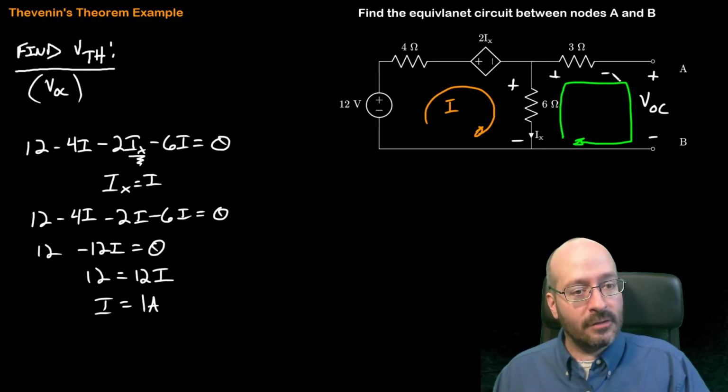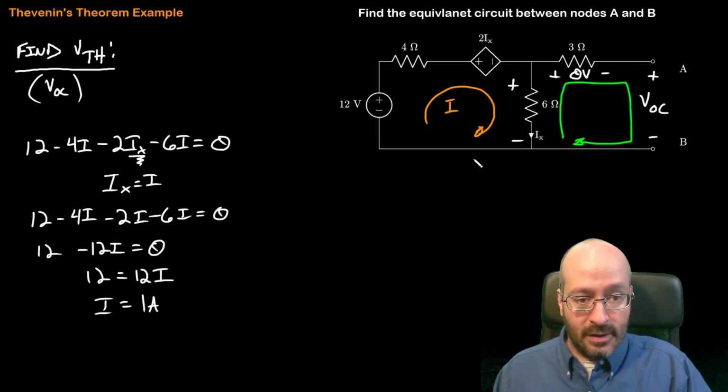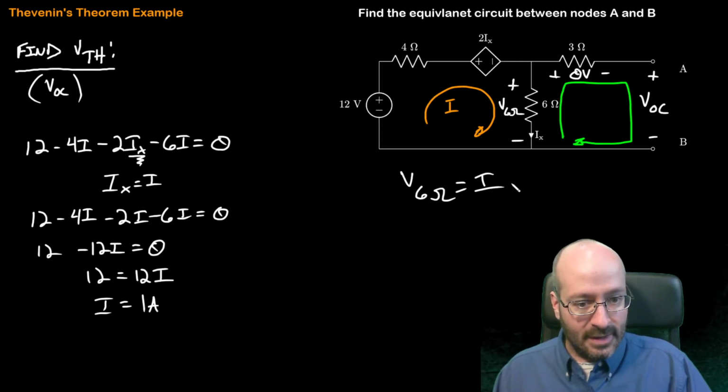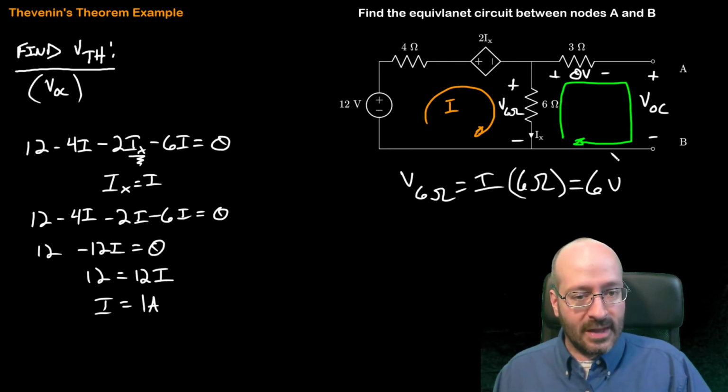This one has no current flowing through it, so that's going to be 0 volts because there's no mesh there. This one, well, now we know it's 1 amp, so let's say this is V6 ohm, and V6 ohm is going to be I times 6 ohms, or 1 times 6, which is 6 volts. Okay, so writing this KVL,